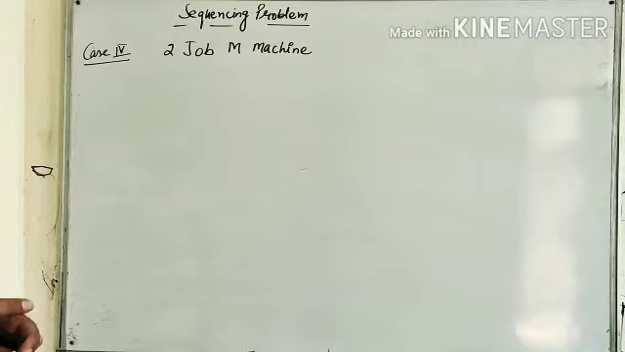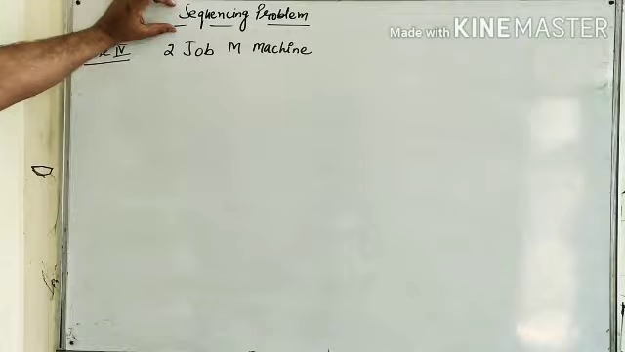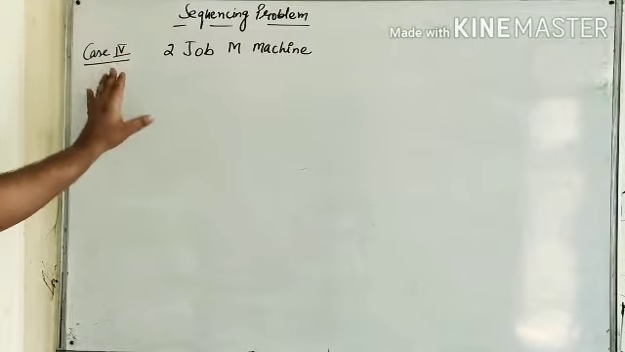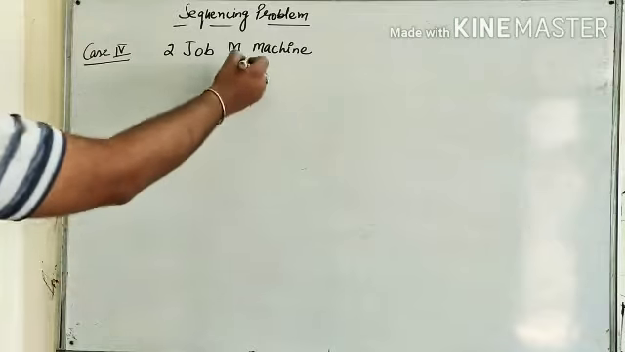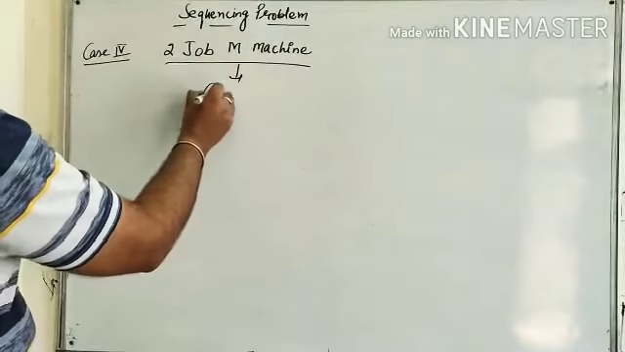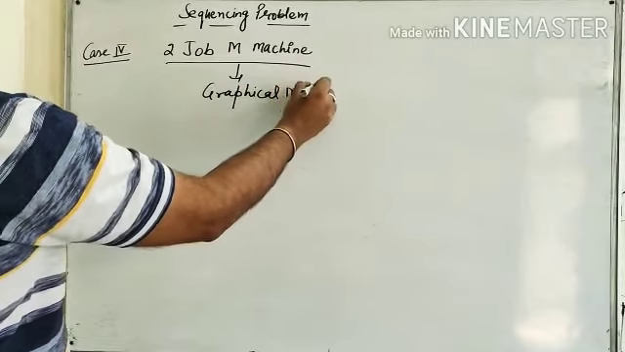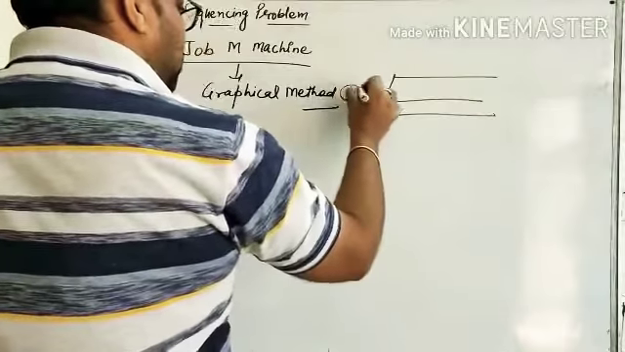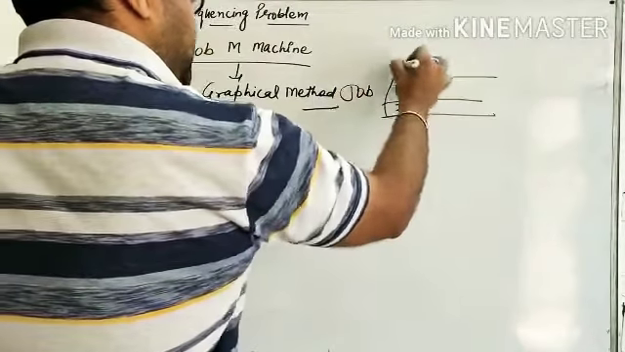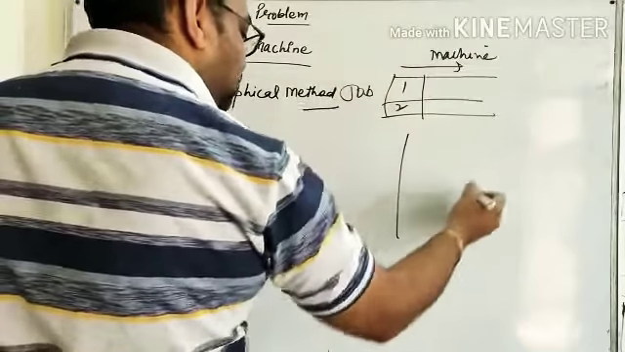Hello friends, this is another lecture of sequencing problem, or we can say this is the last lecture of sequencing problem. Here we will discuss case number 4, 2 job M machine. In this case we shall use graphical method. If there are, suppose, 2 jobs 1 and 2 and M number of machines, then we can use